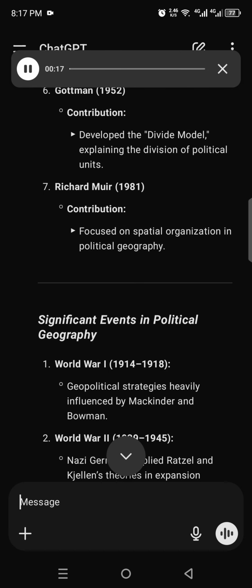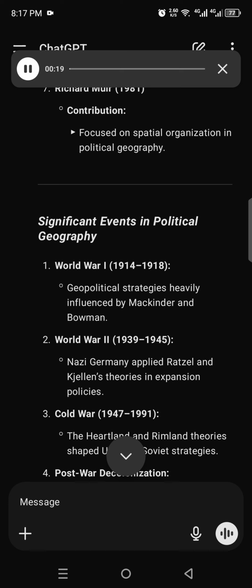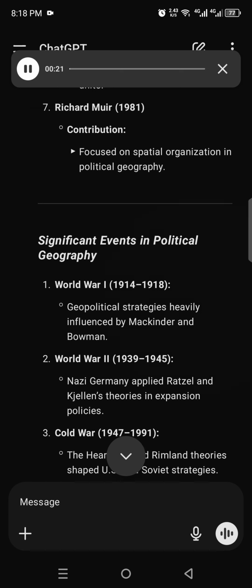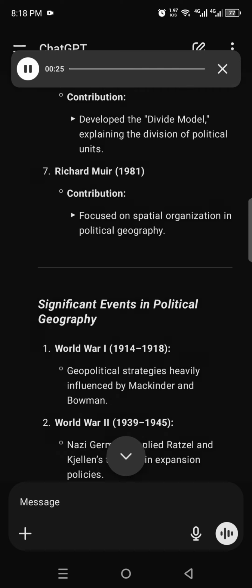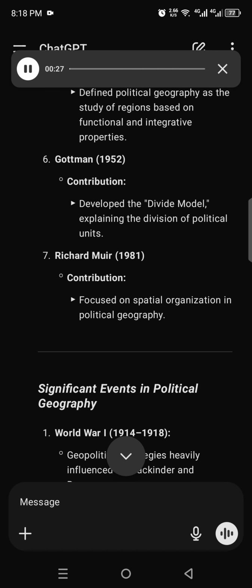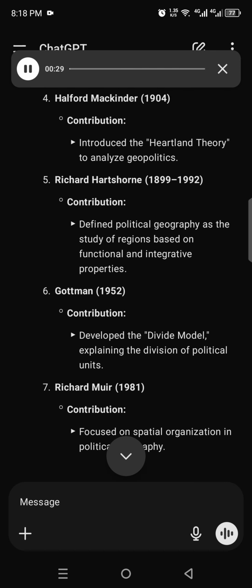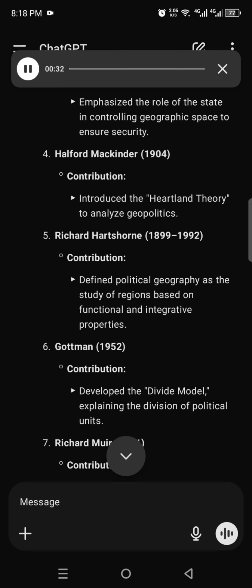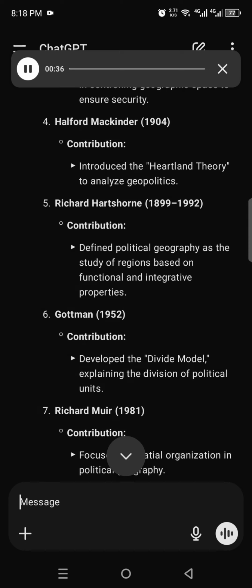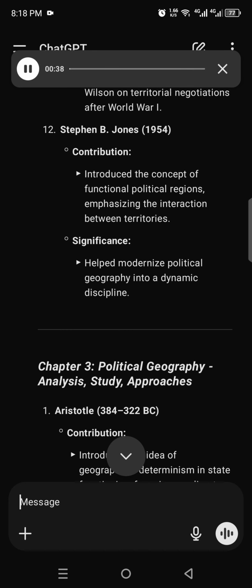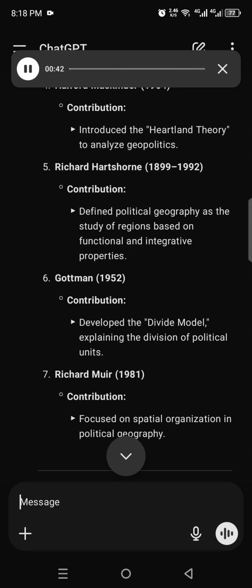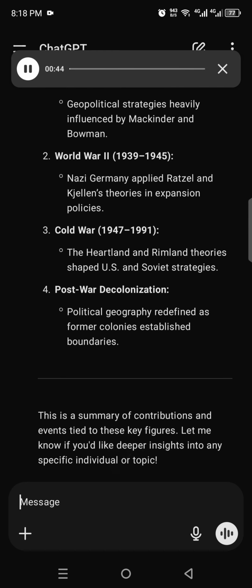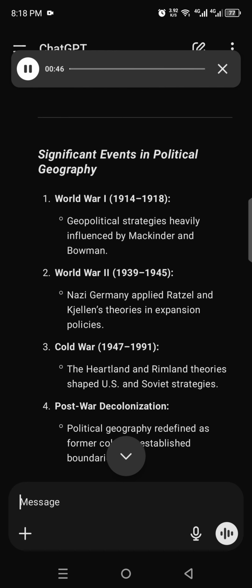1. Immanuel Kant, 1724-1804. Contribution: divided geography into physical, moral, political, and commercial branches. Argued that geography and history are complementary. Geography studies space, and history studies time. Significance: considered a foundational thinker in linking human activity with geographic space. 2. M.B. Jones, 1954. Contribution: focused on defining regions and the functional